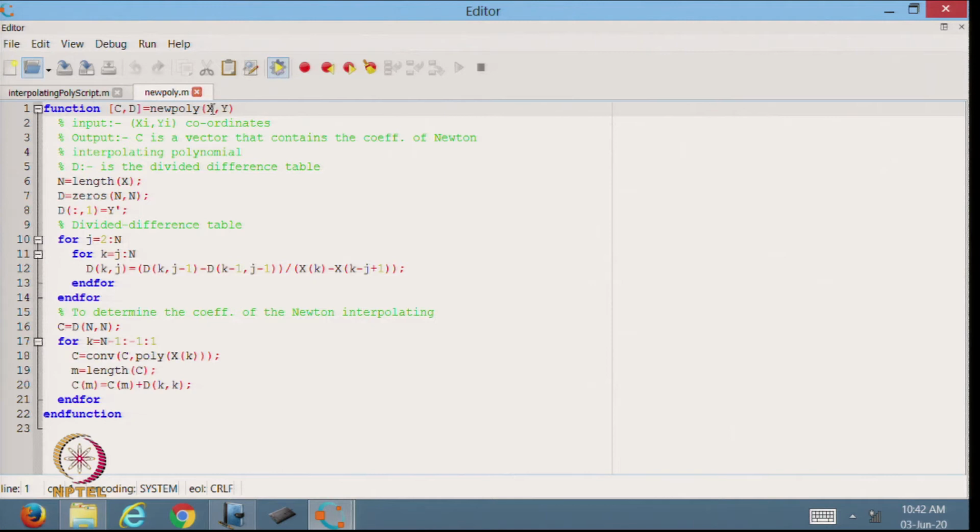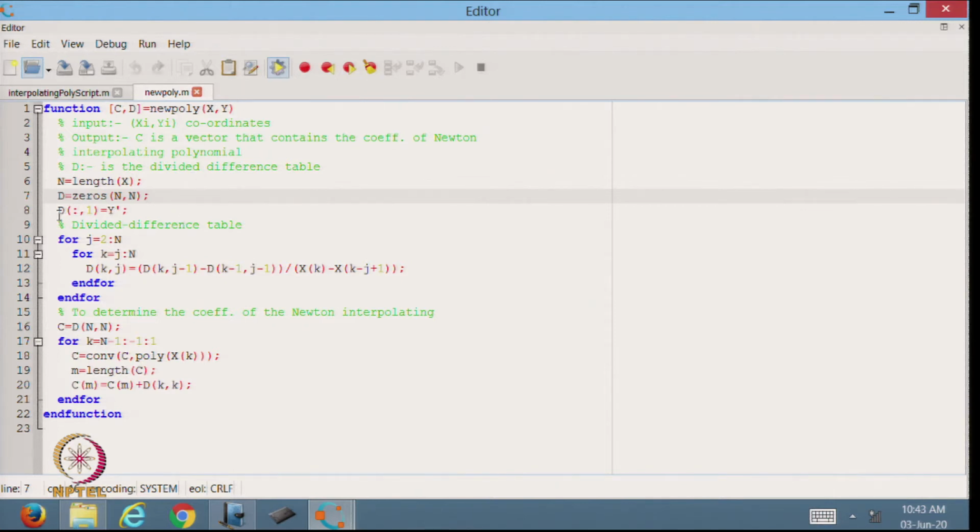Whatever x I am passing, I am taking the length of that one. That is my n. Now, I am defining the matrix whose dimension is n cross n, using zeros. So D is a matrix of dimension n cross n whose values are all 0. Because I am going to introduce the divided difference formula, the first column will be my y.